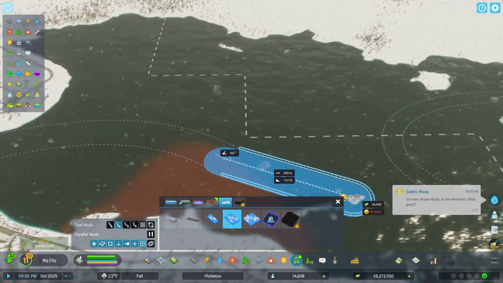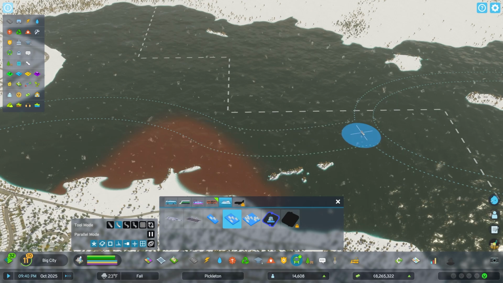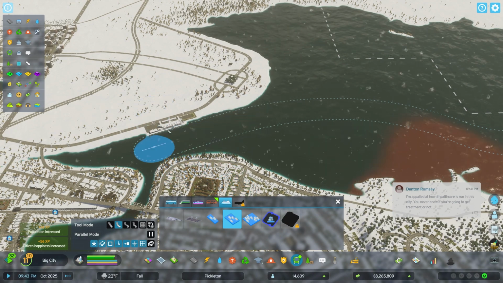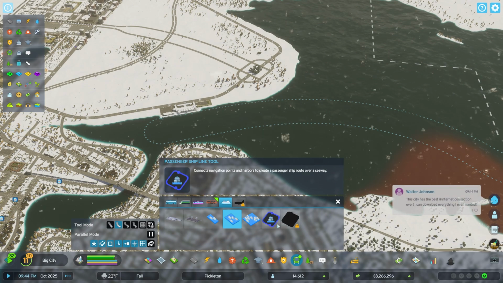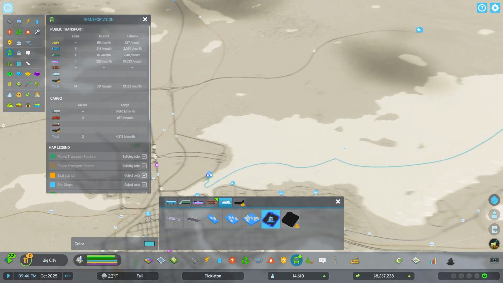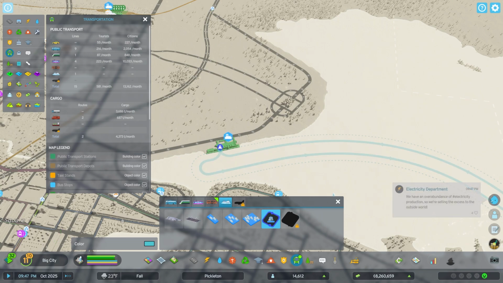Kind of curve it around here, right through all the poop water and into our other line. There we go. And now we can actually even draw our... No passengers are going to be going anywhere because there's nothing to do over here yet. But we can grab our passenger ship line tool, and we can go from here to our outside connection over here, and then bring it back in, and then complete route. So now we have a functioning